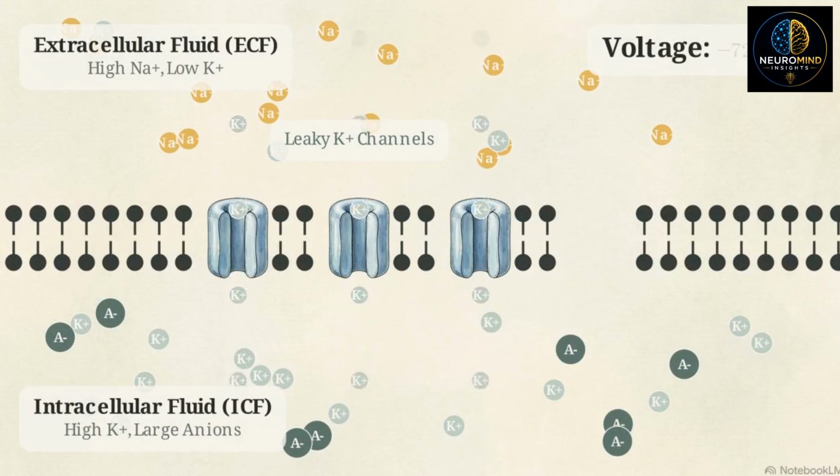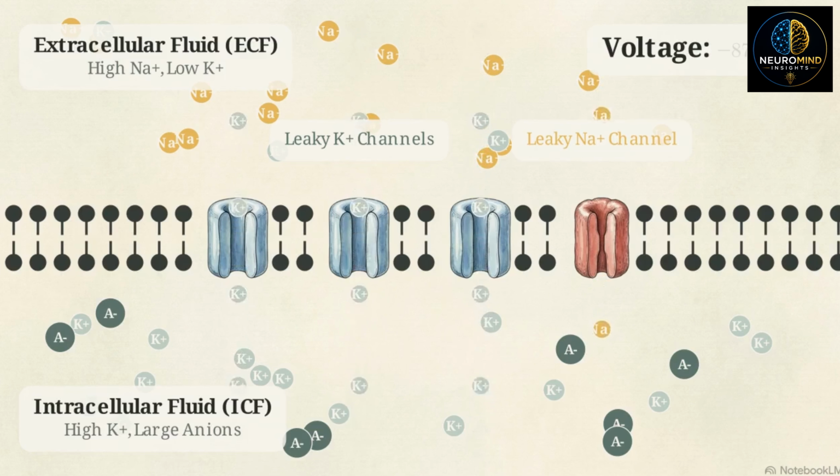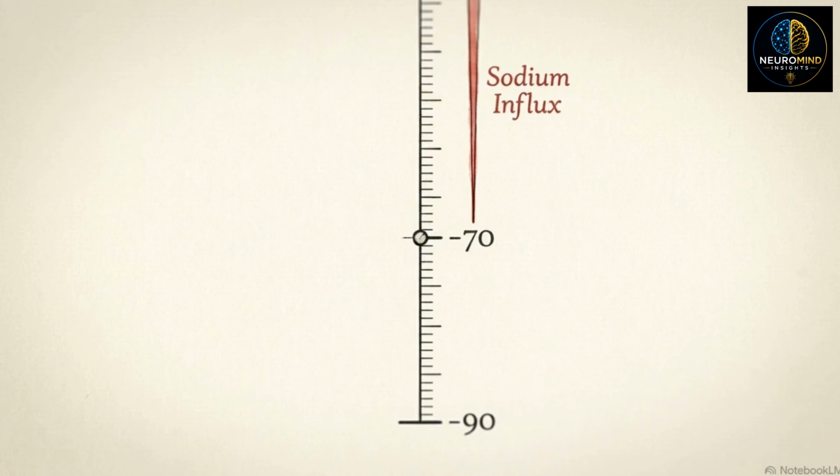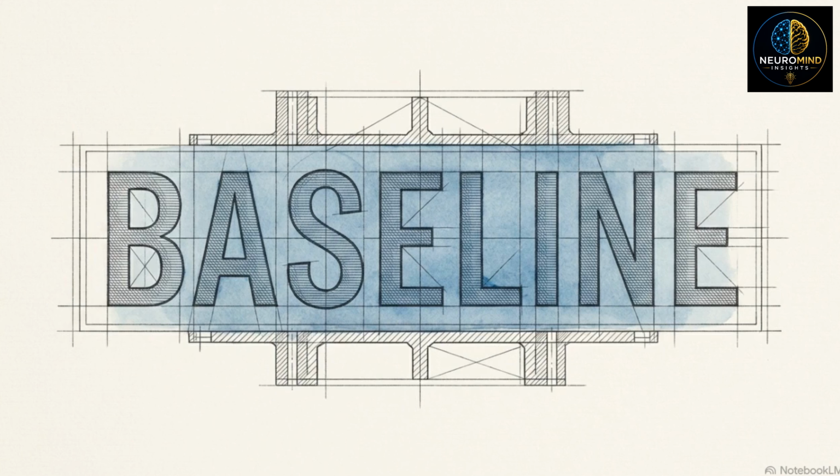If the cell membrane only allowed potassium to move, positively charged potassium would leak out of the cell down its concentration gradient until the internal voltage reached exactly -90 millivolts. However, the membrane contains leaky channels. The neuron is significantly more permeable to potassium than sodium. Potassium pours out of the cell continuously, while only a slight trickle of sodium leaks back in. Because of this uneven permeability, the voltage doesn't drop to potassium's theoretical Nernst potential of -90. The slow influx of sodium pulls the number higher, settling at a weighted average between the two ions. That weighted average lands at our starting coordinate, -70 millivolts.